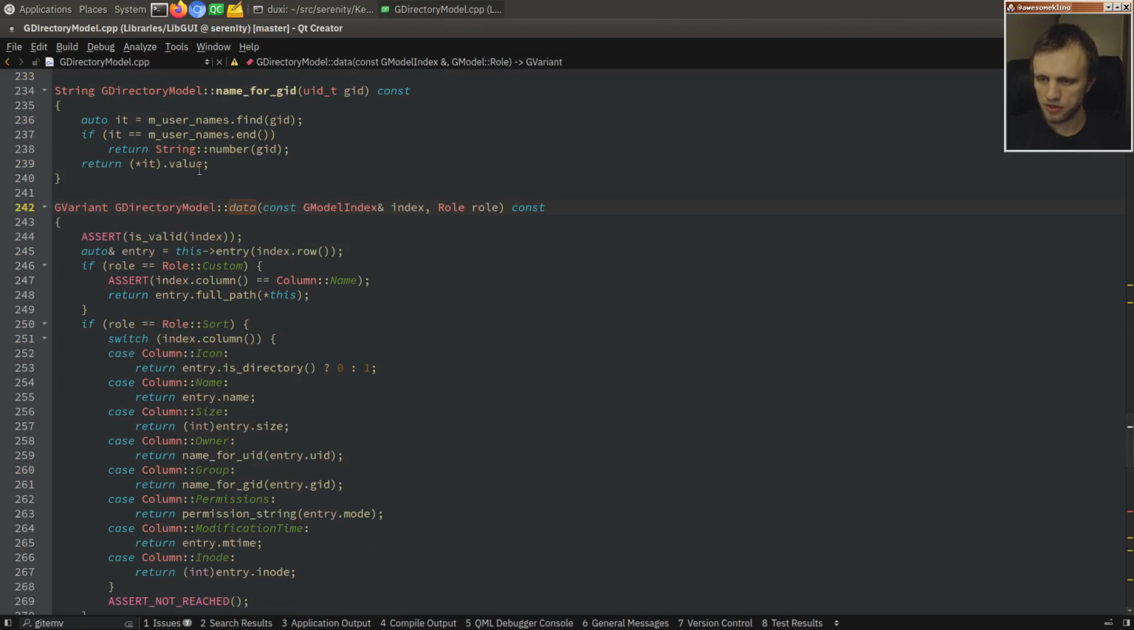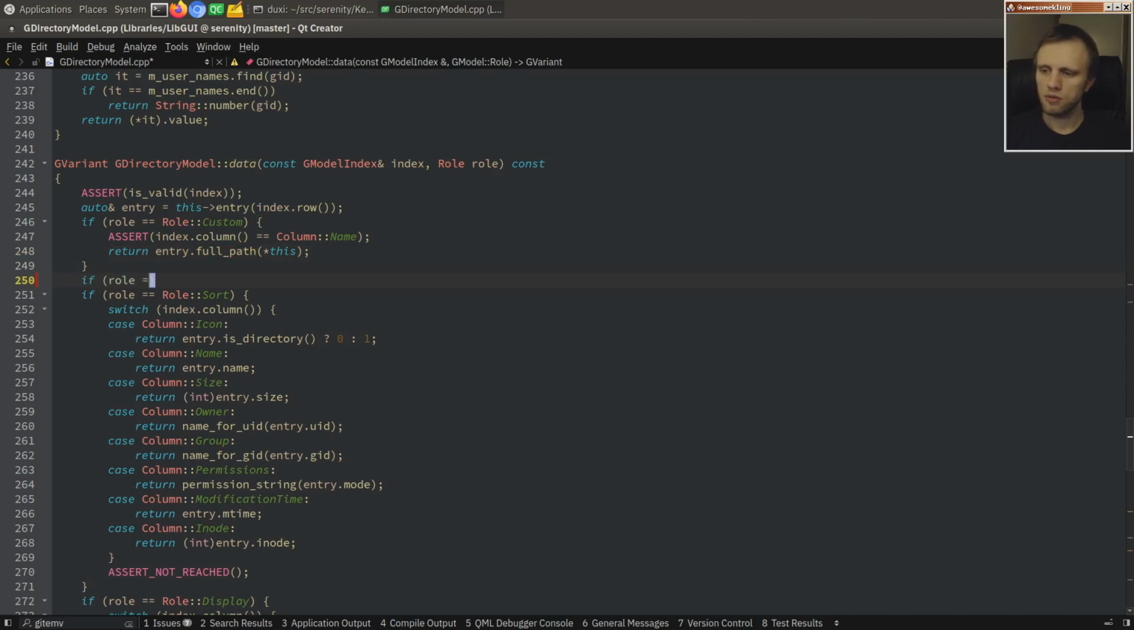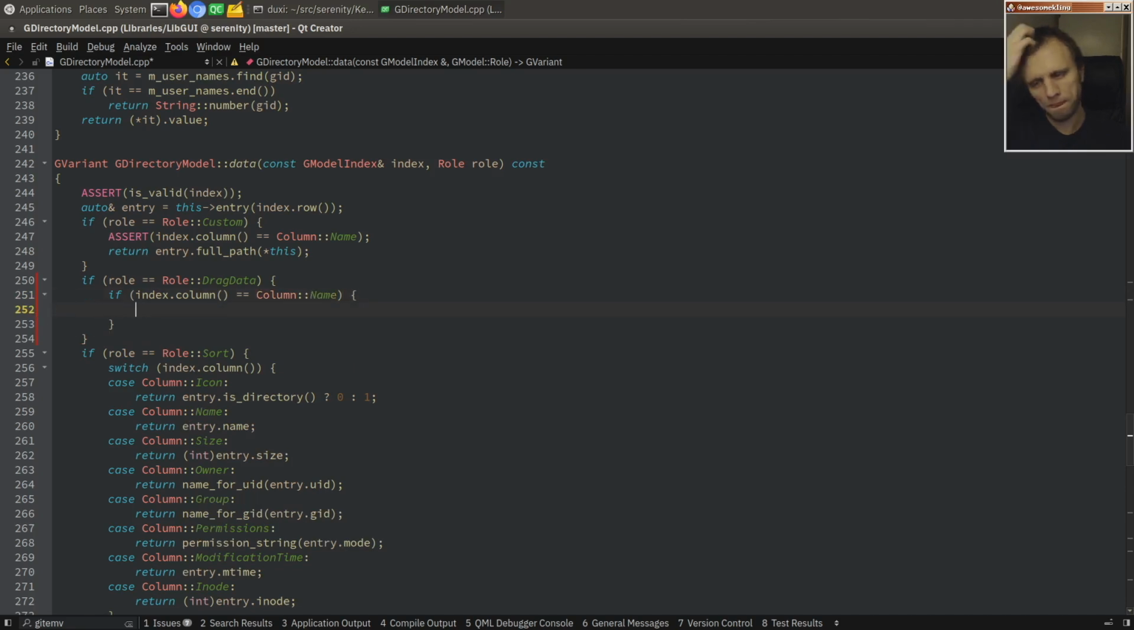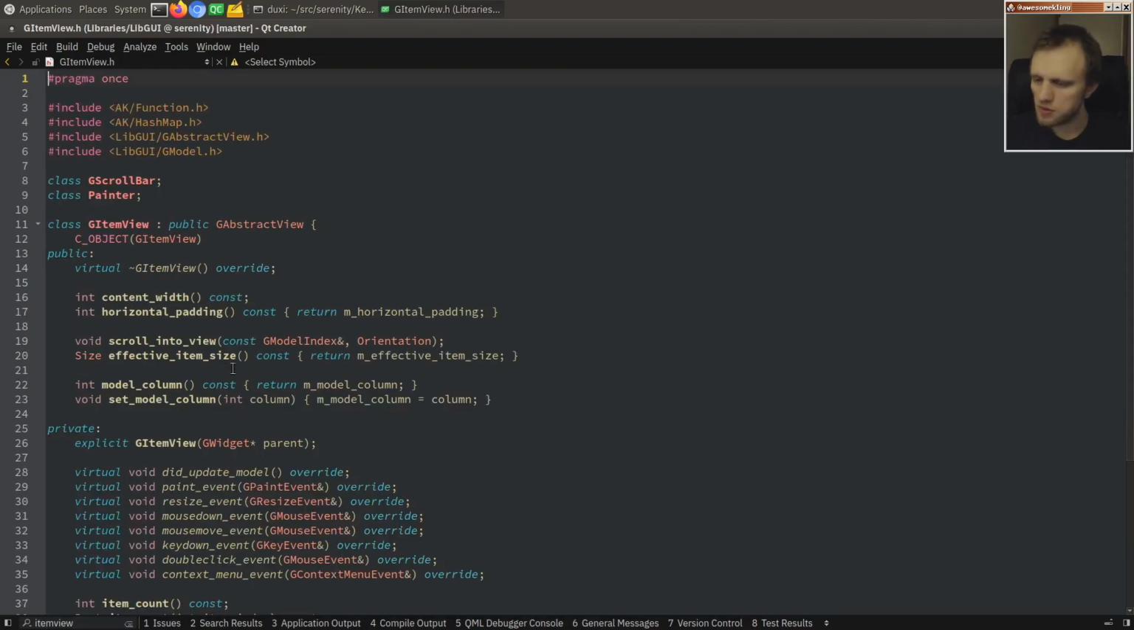So this is what the data implementation looks like. So we're just going to say if role is role drag data, and we'll say this will only be relevant for one specific column. It will be, say, the name column. And wait, how do we know that we're supposed to use, it's the model column. So the model column tells us which column in the model that we are displaying in an item view,